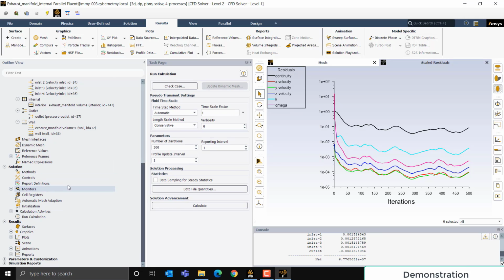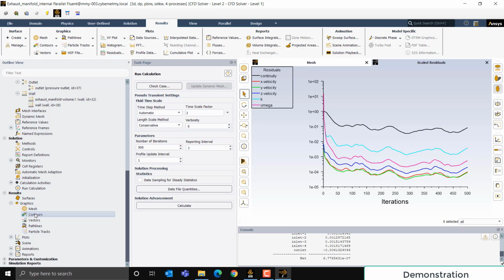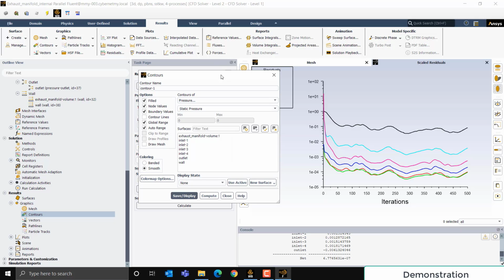So next, after we've done our calculation, we can move to the post-processing. There are two ways for us to do the post-processing. We can either use everything that is available inside Fluent. I mentioned previously that Fluent can also do post-processing, so I'm just going to quickly show you how. We can go here to the graphics and then click on contour, right click, and then click on new. Say for example, I would like to see the pressure at the wall, or at the outside wall of our fluids. So I'm just going to rename it